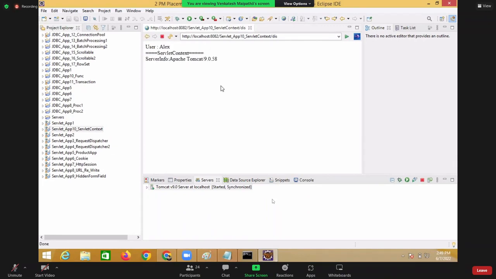Server coming from servlet context, the information is coming. At last, we are accessing some information from context. All of you understood this? Right. Now, when you go for web services,